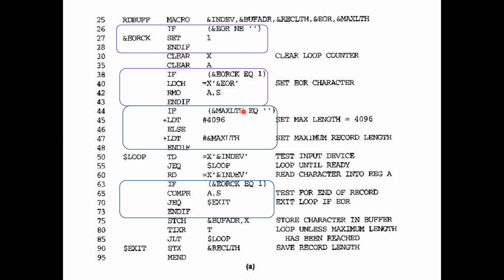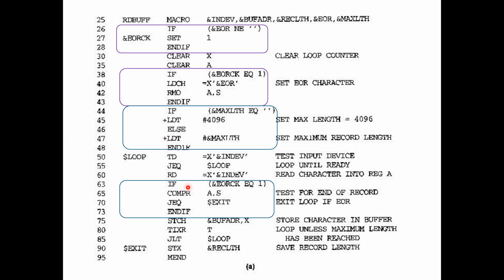So only if this condition is true, this statement will be executed. If this condition is false, else whatever statement given under else will be executed. End if. Then again you have a statement which is a sequential set of instructions, which is not a conditional instruction. So these 3 statements will be executed no matter what.